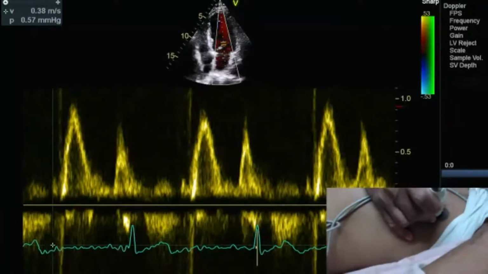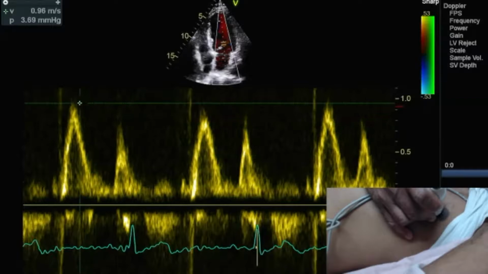This is E wave. Look at the beginning of diastole. This is initial emptying. Then comes a period of diastasis. This is atrial kick, which you see. Whatever is seen, blood is left into the left atrium. It quickly pushes to left ventricle before the systole begins. So this is known as E wave. This is known as A wave of the mitral Doppler spectrum.